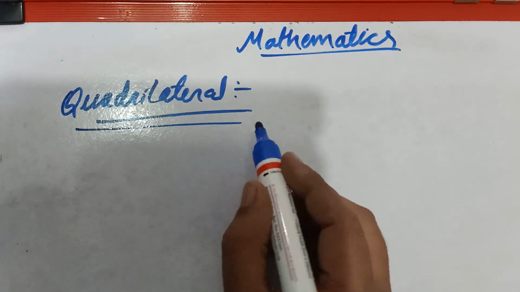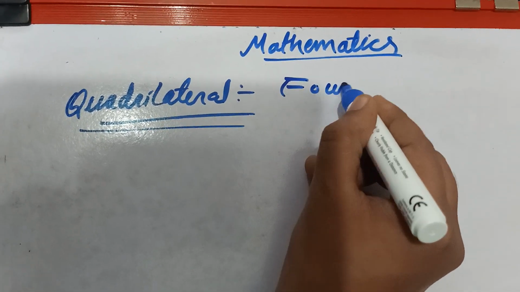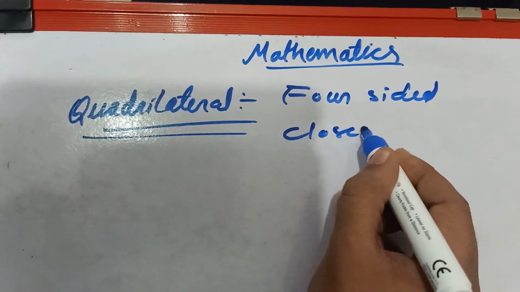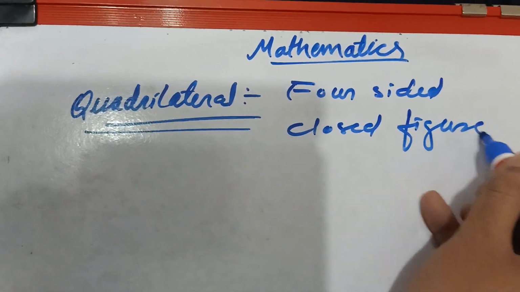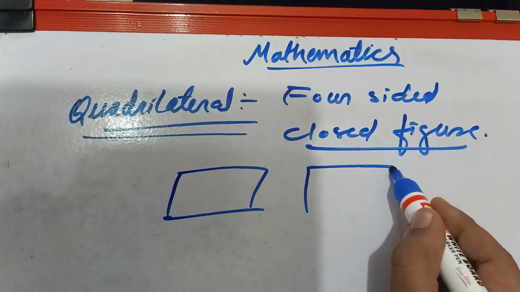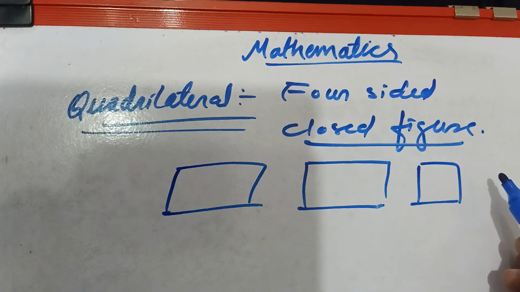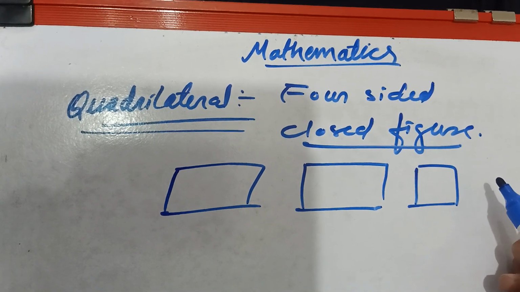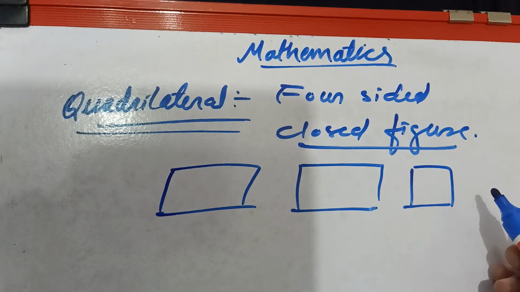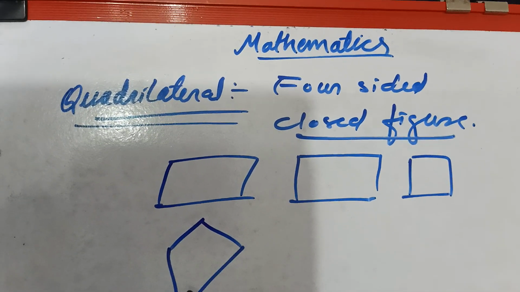So I tell you, quadrilaterals means a four-sided closed figure. Just a four-sided closed figure. Any type of figures which have four sides and which are closed, that is called a quadrilateral. It may be a rectangle, square, kite,